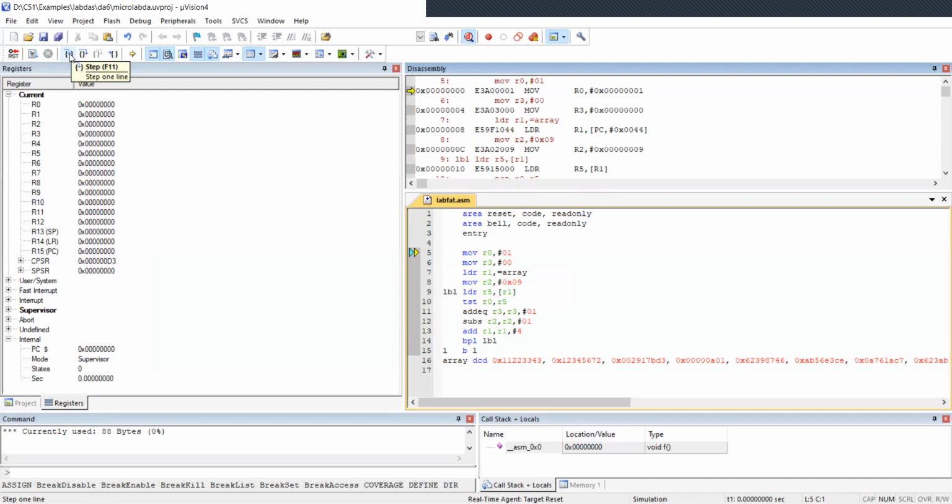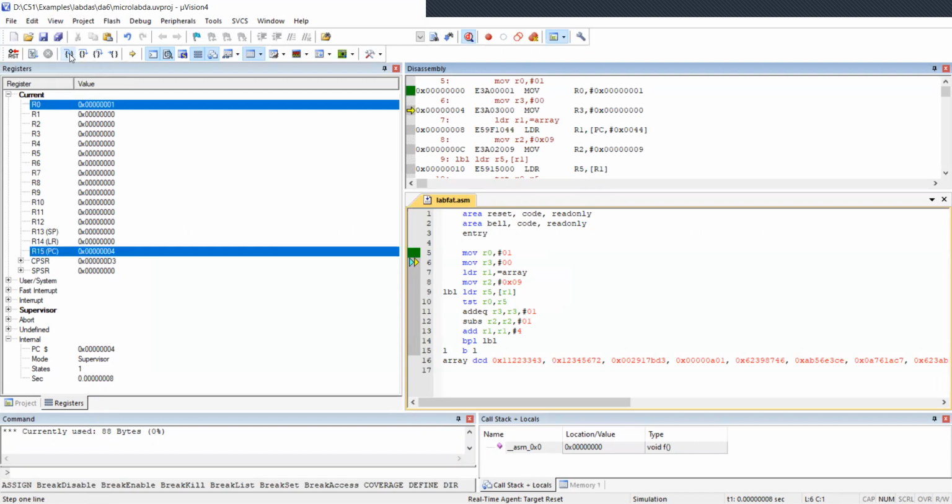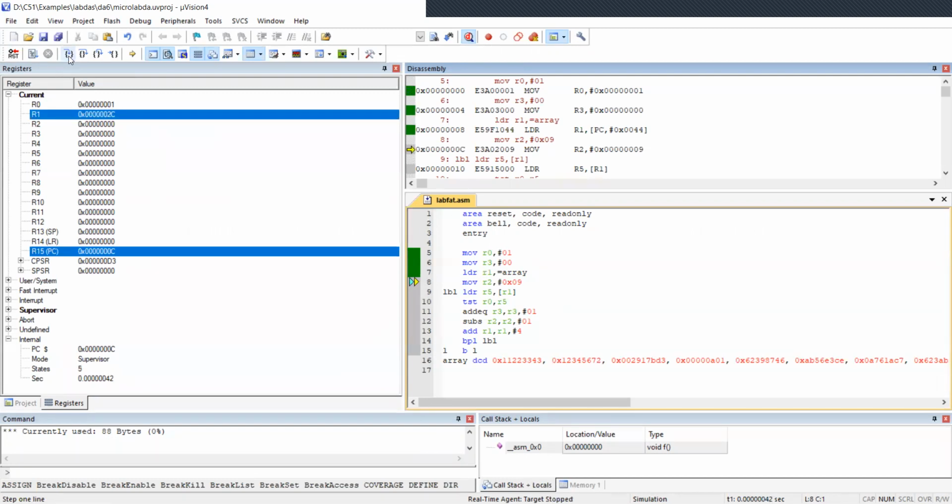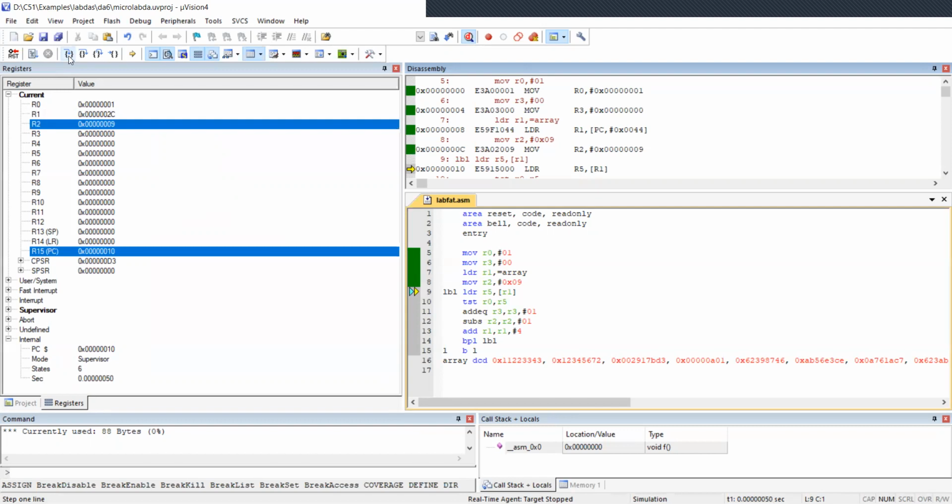Now we debug the program. First we move 1 to R0 and we move 0 to R3. After that we move the first element address of the array to R1, and then we move the number 9 to R2.